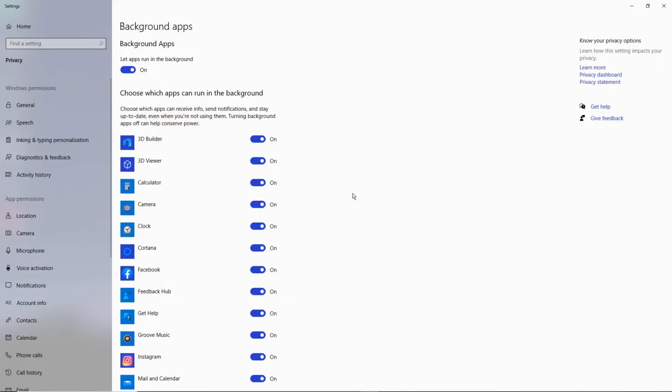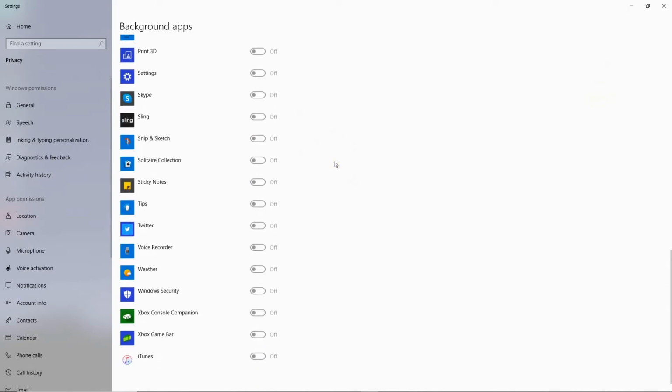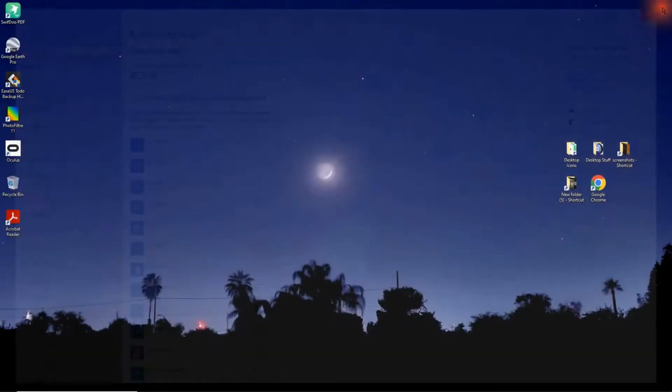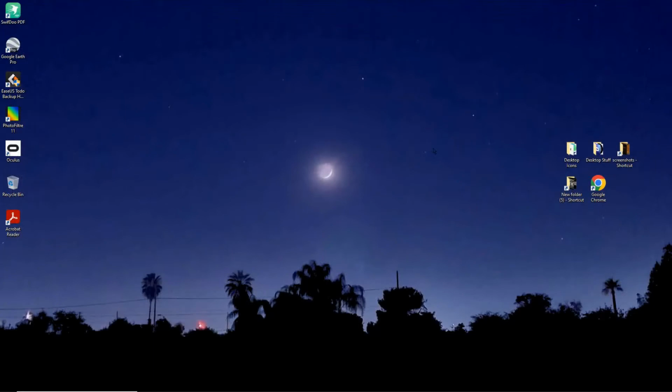And that means when you're playing your game, when you're doing other things, these applications are running in the background all of the time. They may be checking for messages, they may be doing other things, and we don't want them doing that because that's going to be basically taking away some of our performance, correct? So go ahead and at the very top there where it says let these apps run in the background, click that where it's on off, and now they're all grayed out. So now what we're going to do is click on the X, the small X at the very top there, and close this off. Now we fall back down to the desktop.